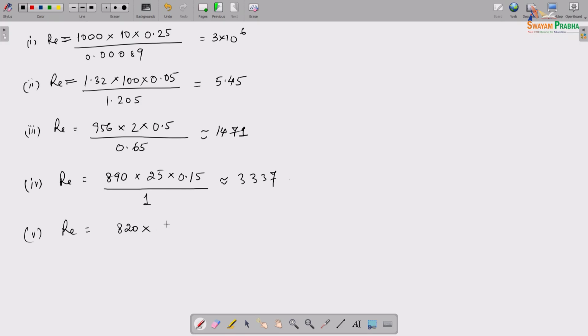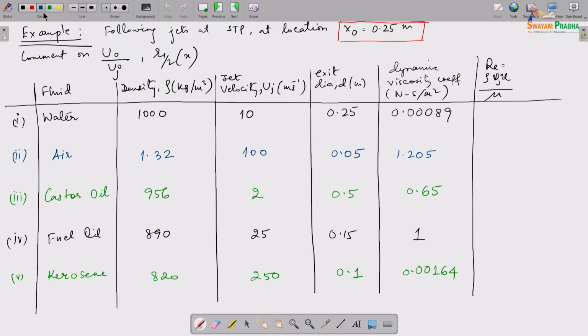Eight rho uj diameter and mu is 12.5 million. Okay, so let's write that down in the previous case. These are calculated, and the rest of it is given. So we calculate this, and this comes out to be 3 into 10 to the power 6,